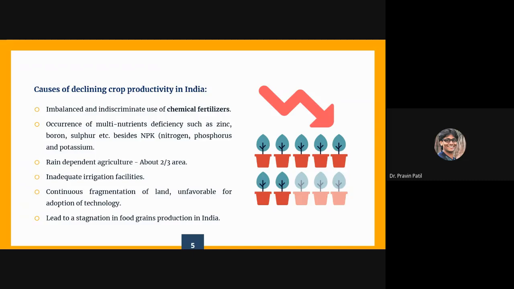The first one is the declining crop productivity in India. In the last 2 decades, India has witnessed declining crop productivity throughout the nation, and there are several reasons for that. The first one is the imbalanced and indiscriminate use of chemical fertilizers. The excessive and imbalanced use of chemical fertilizers has spoiled the fertility of soil and led to several pollutants